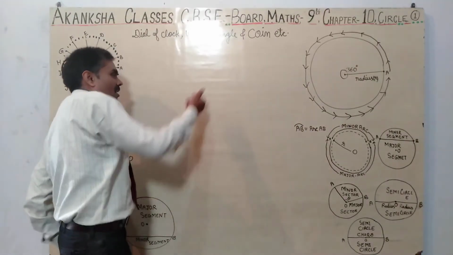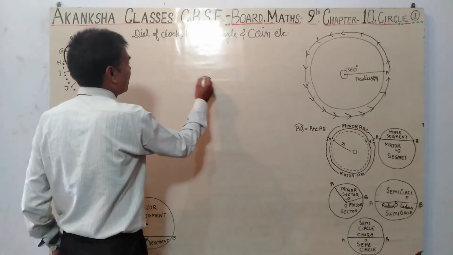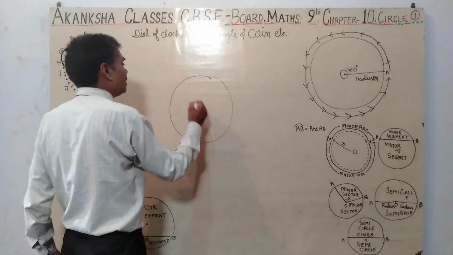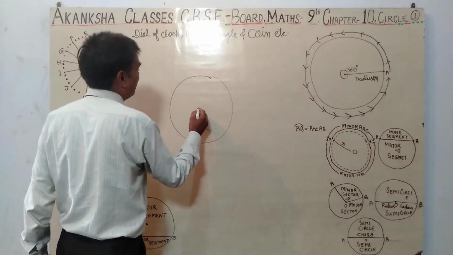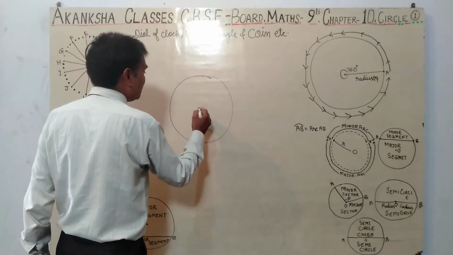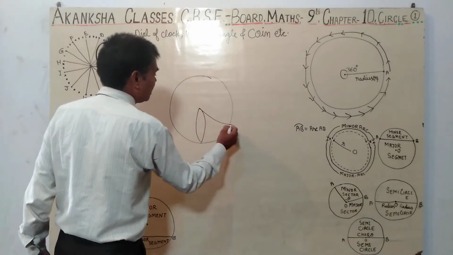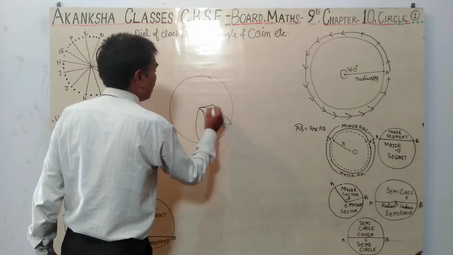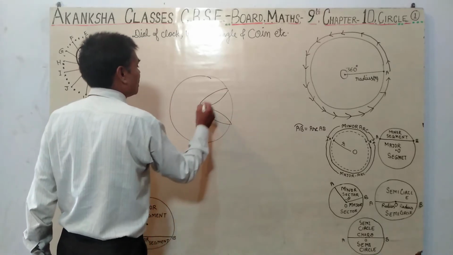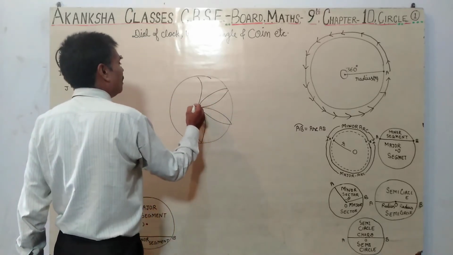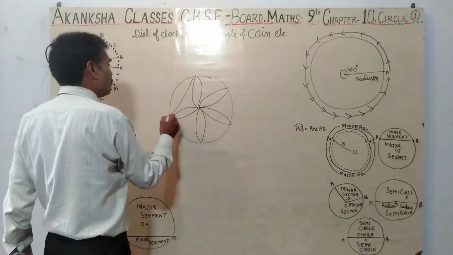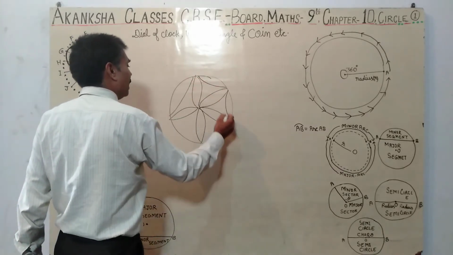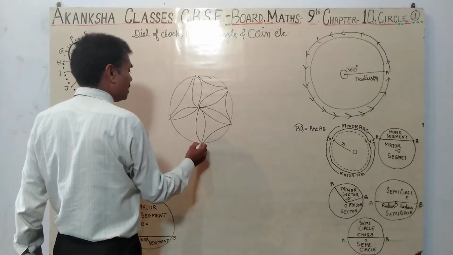You always used to draw a circle since class second, but you gave it the wrong name. You used to say it is a sphere, gola, but it is not a gola. It is a circle. You often used to draw such a construction in your drawing copy and called it a sphere. But this was not a sphere.